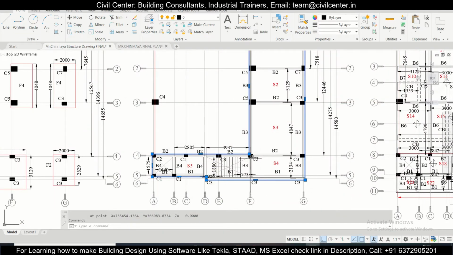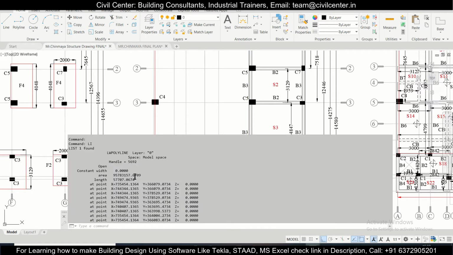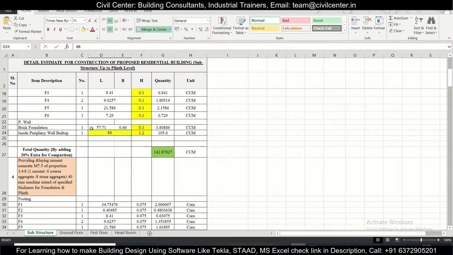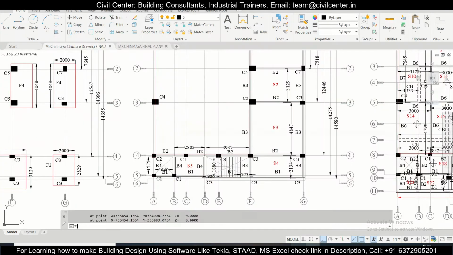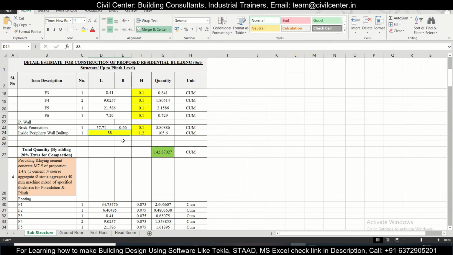So simply type Li, enter, and here we'll have the area, which is in mm square. If you convert this into meter square, it will be 95.78. So simply write here 95.78, this is our area inside the periphery wall, and the height is 1.2 meters, and the quantity can be simply calculated like this.